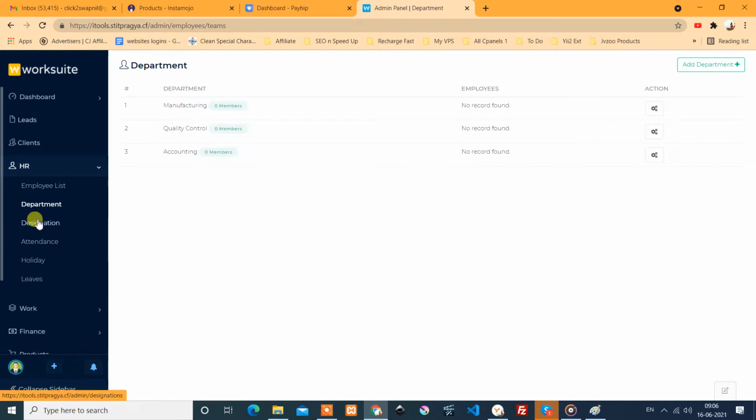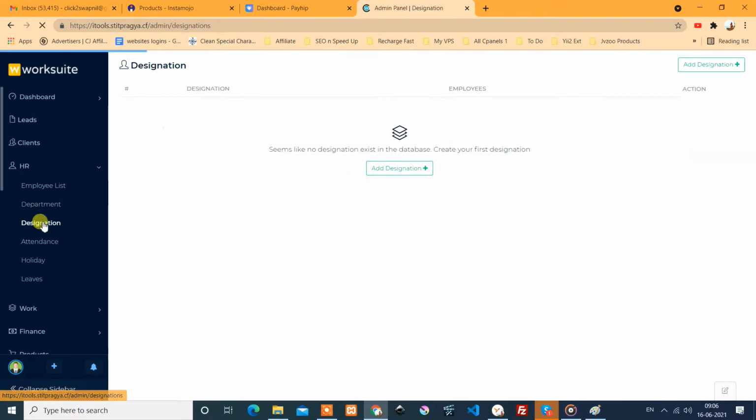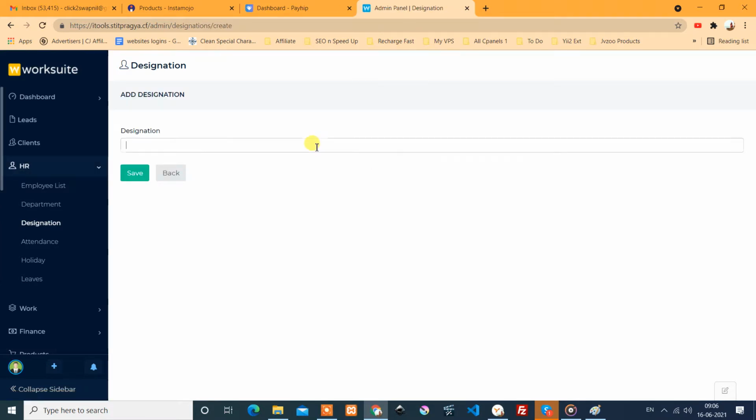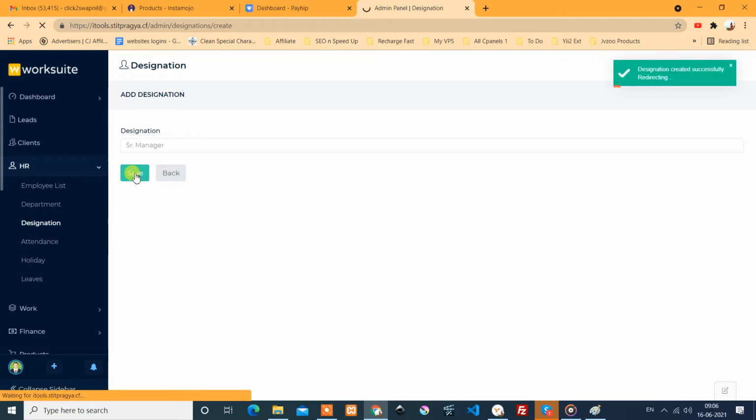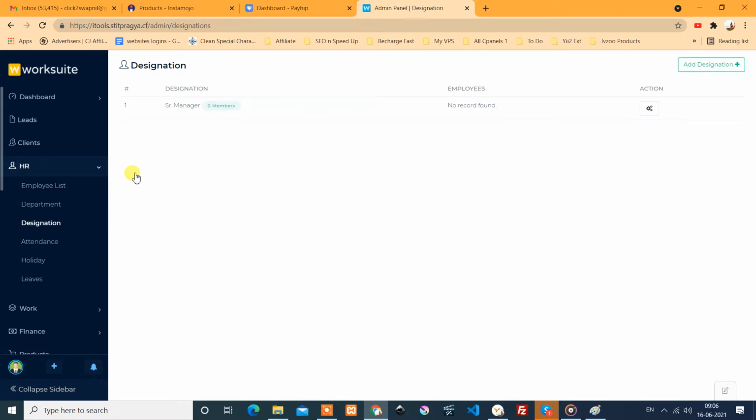So after departments we need some designations. Okay, so designations might be like manager, senior manager. Every company can have their own structure and they can have that type of designations.